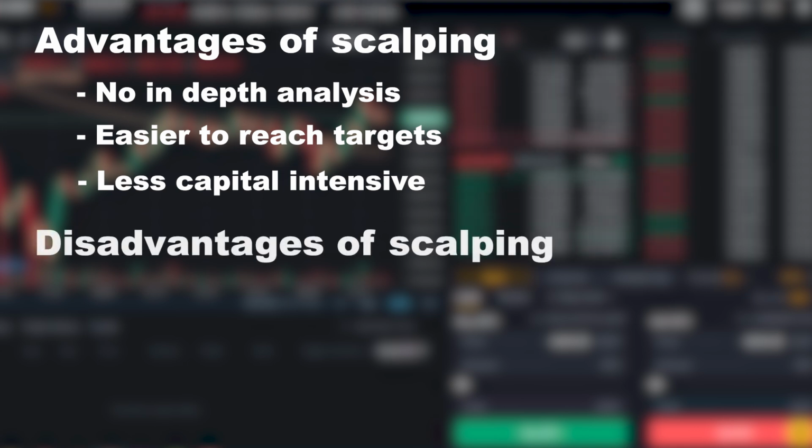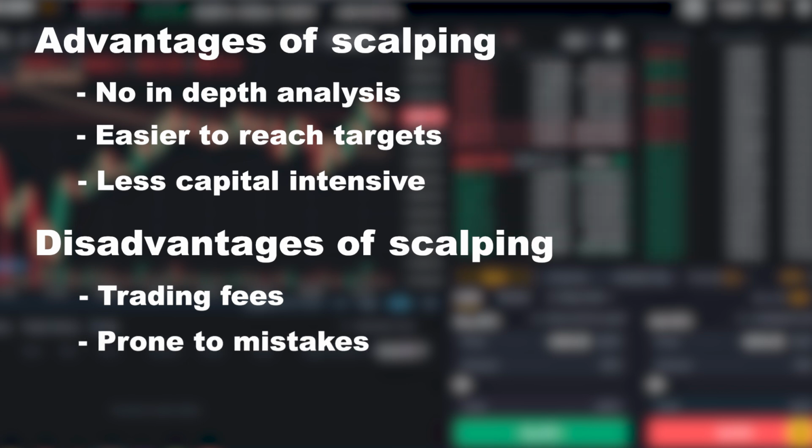And disadvantages of scalping: as I said earlier, scalpers place many orders and this causes higher sums of trading fees, and also because scalpers place many orders, it can cause errors and mistakes, so the scalper needs to spend more time and attention to actively managing trades. And scalping is not suited for beginners, and experienced traders may find more success with scalping because speed and timing is extremely important in scalping.